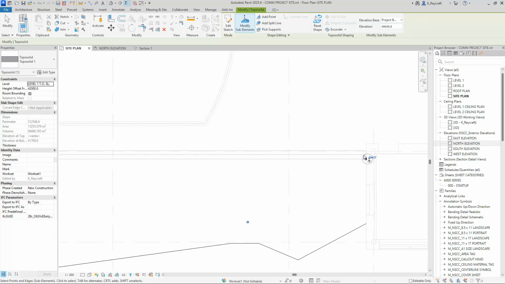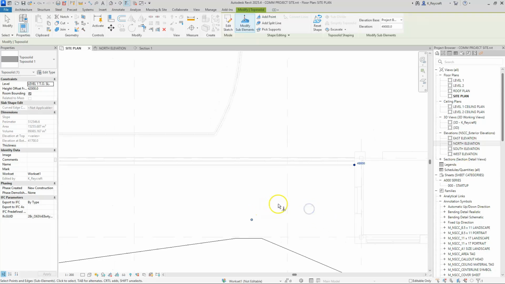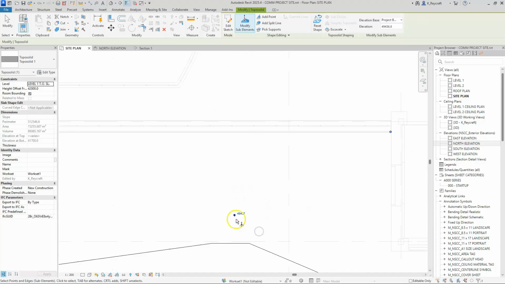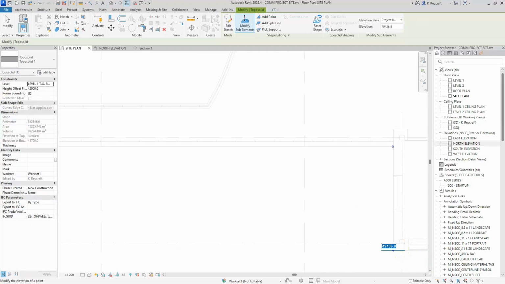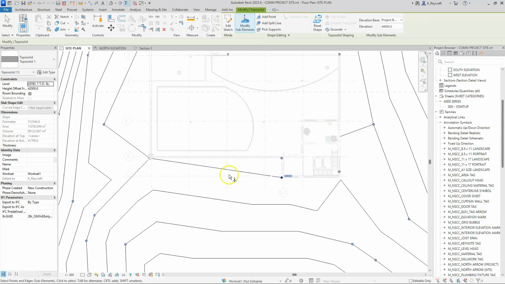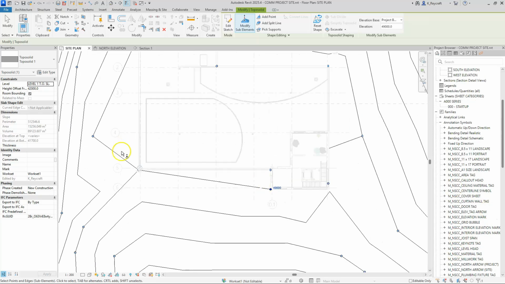I'll put it right here, because we're going to see an effect of the contours around the building, not along the perimeter of the building, but around the building. Like, let me just pick this one, drag that over to here. I'll change that to 49. So what we're looking at here is a flat surface that is, forget the building, okay? A flat surface going along here,